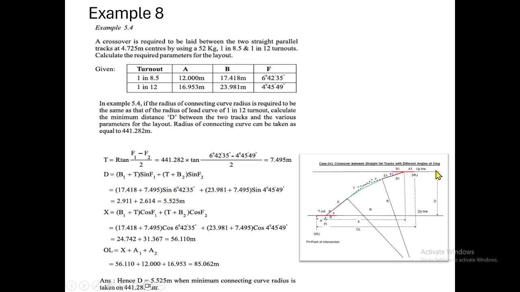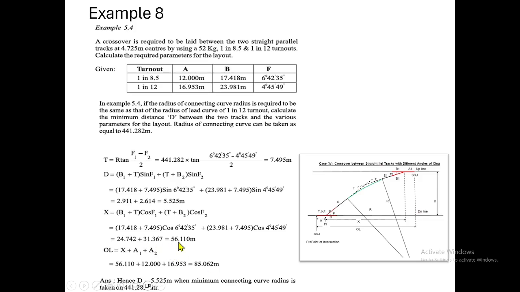So we are okay. For that we have to plan and keep the track centers accordingly. Then for fixing the turnout crossover, we need to know the x distance and overall length distance. So again, this formula we are using as usual. Horizontal distance we are finding, same formula: B1 plus T cos of θ1 plus T plus B2 cos of θ2. That distance we will get. Adding both sides, A1 plus A2, we will get the overall length. That comes to